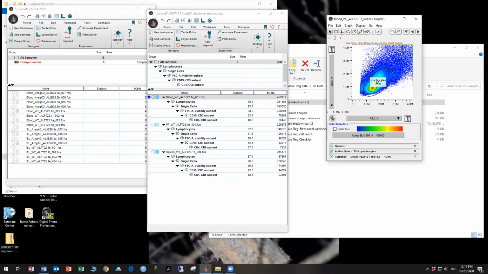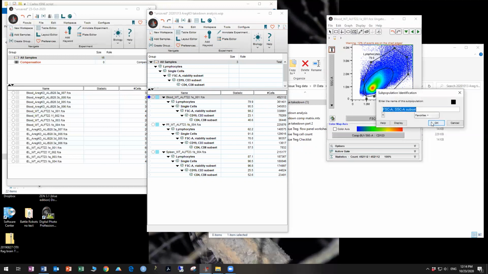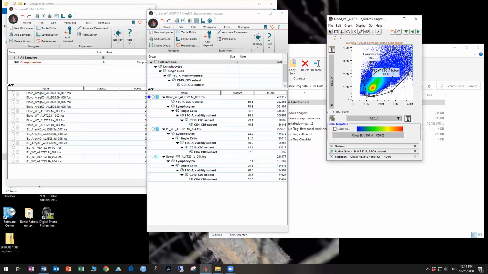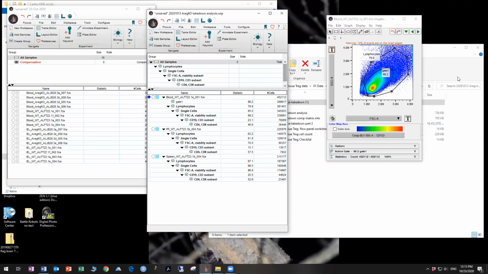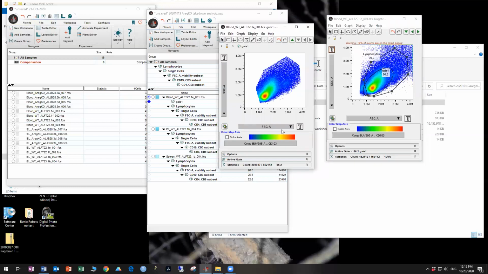And then we have a gate. In this case, I've drawn a lymphocyte gate just around the lymphocytes. You can do this a little bit more appropriately with a polygon gate that you set yourself, and then you can adjust the corners as such. You can also rename this, etc. By clicking on that gate that you've just created, you isolate only those cells that you have selected that